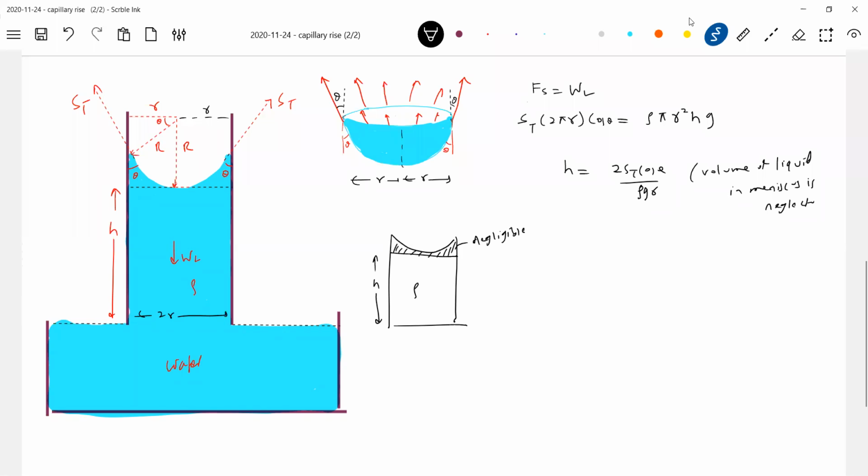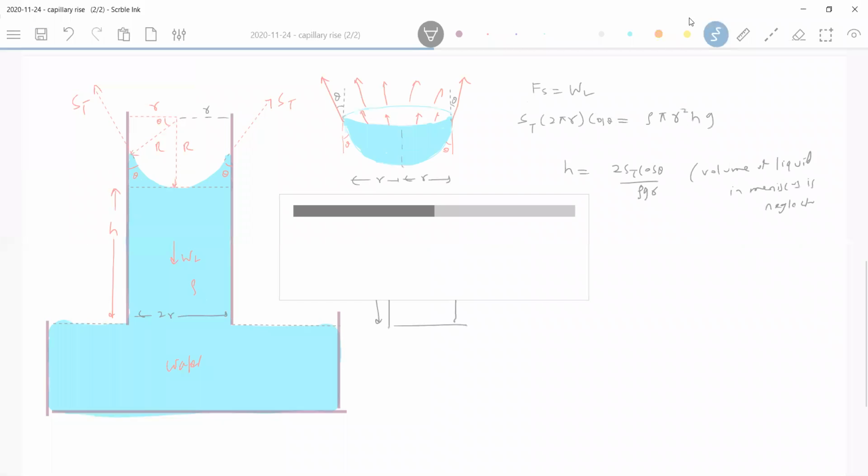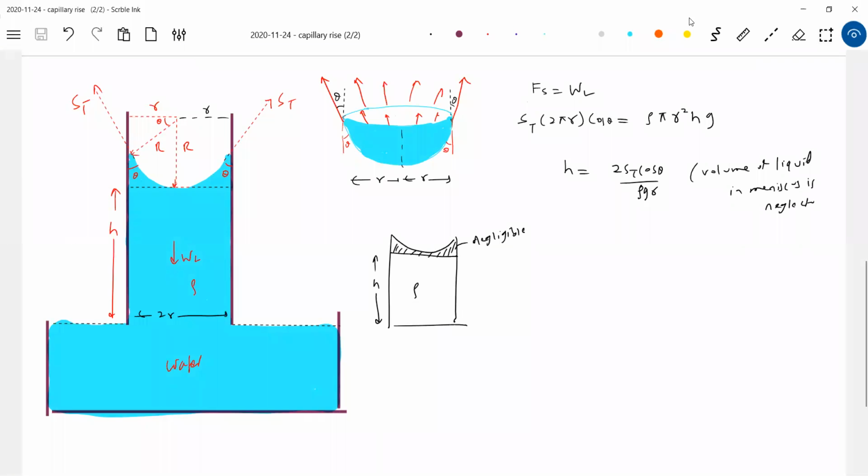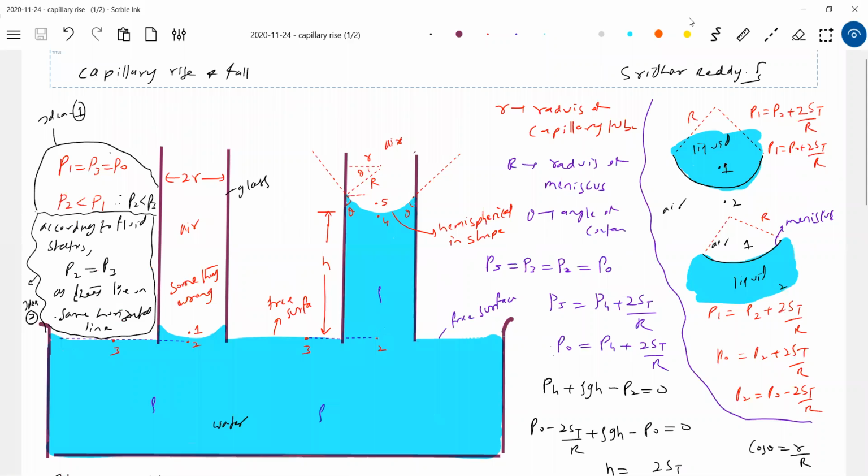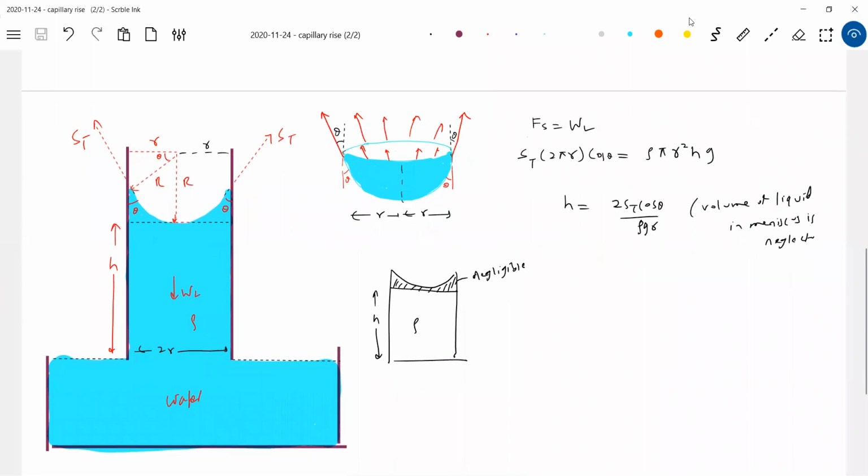If you consider that, in books they have given how to calculate the weight of this, I think 2 pi r square into that particular distance, you can work out. It's there in the book; you can see the formula once. Even if you consider it, it will be a very small amount of liquid, so usually we neglect it. Either way, this is very important in applications. We solve problems using this approach rather than the pressure ideas, since most questions in applications are based on this one.